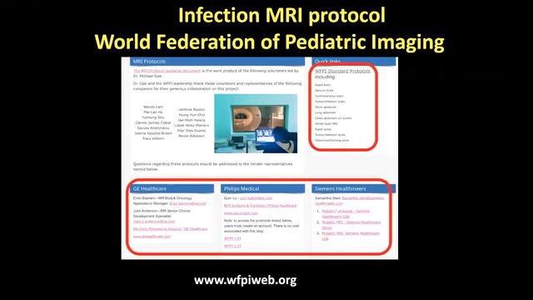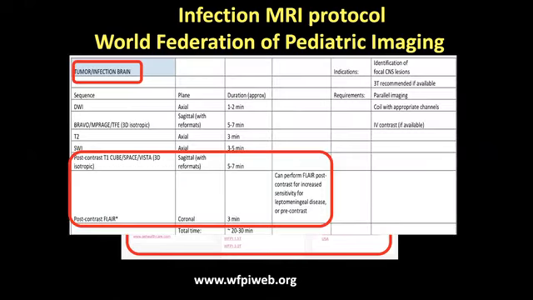And one other resource I would like to draw your attention to is the World Federation of Pediatric Imaging. On their website are MRI protocol guides, and these are quick MRI protocols, rapid brains. The protocols have been set up with the major vendors. And when you go onto here, for example, it's going to give you options for tumor or infection and very fast scanning. And using this, you can then go to your own vendor's recommendations for the sequence parameters.